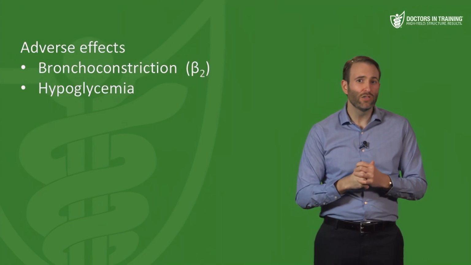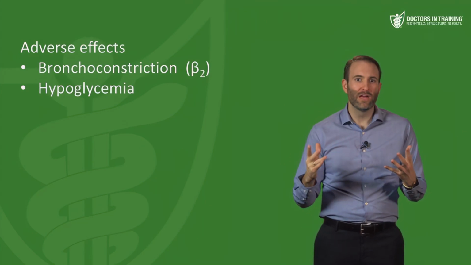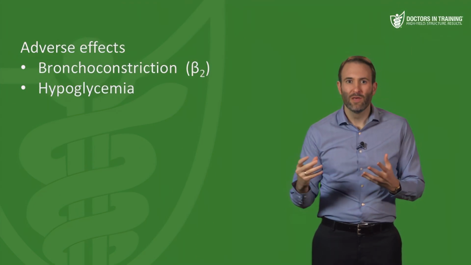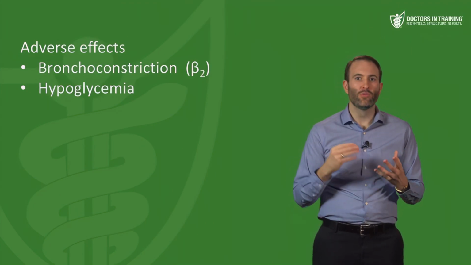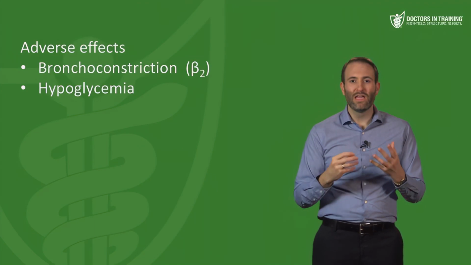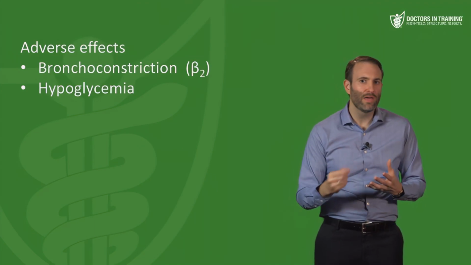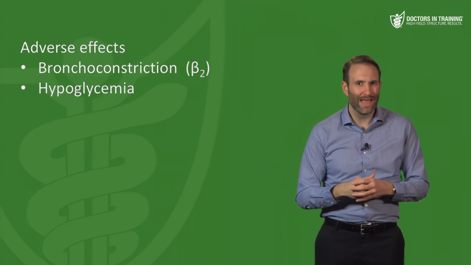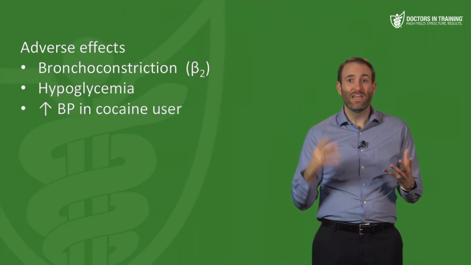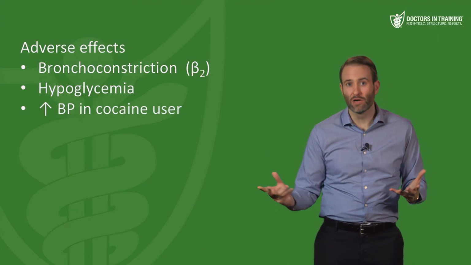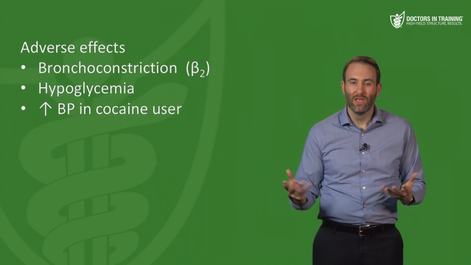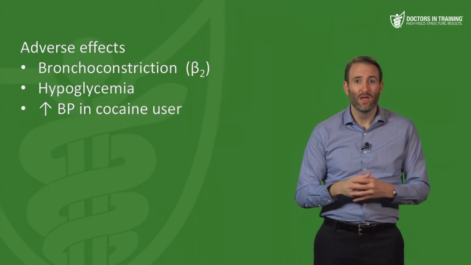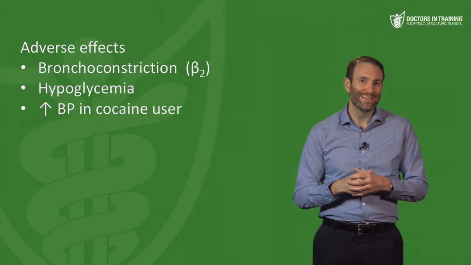So if you give a patient that's on cocaine a beta blocker, you're going to see that stimulation of alpha 1, and that's going to raise their blood pressure. But it's also stimulating beta 2, and that's going to help reduce the blood pressure just a little bit. Well, if we give that patient a beta blocker, it's blocking the beta 1, it's blocking the beta 2 response, and all you have left is unopposed alpha 1 agonism. So you might actually have an increase in the blood pressure when you give a beta blocker to a patient who's already on cocaine. Instead, what are we going to do? We're going to use things like benzodiazepines, maybe even phentolamine, that alpha blocker, to help calm down that sympathetic stimulation